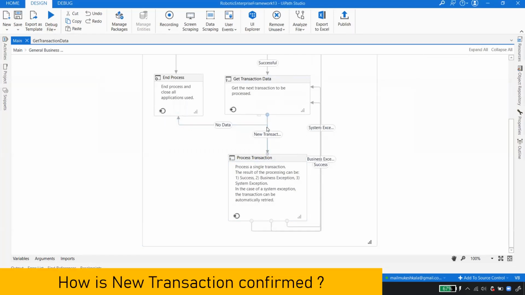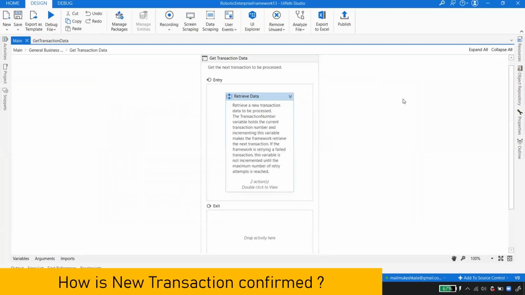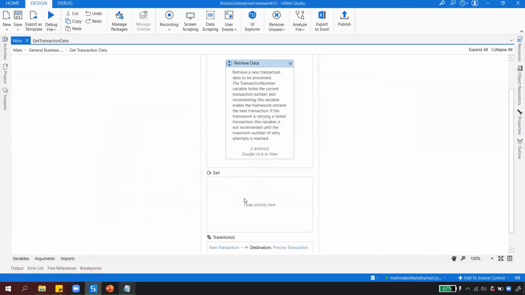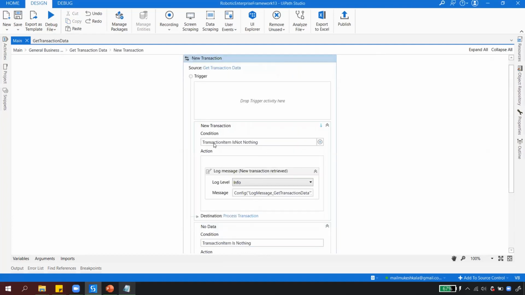But the question is, how would this know whether there is a new transaction or not, right? Again, it is the same concept. If you just open, collapse this, entry, exit, and the same state machine, transition, exit transaction. See, if you click on this new transition, it says that if any transaction item is available,